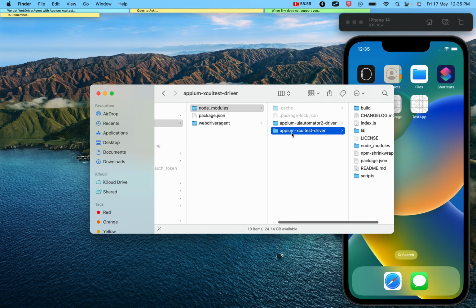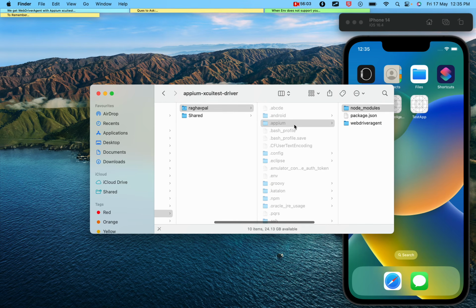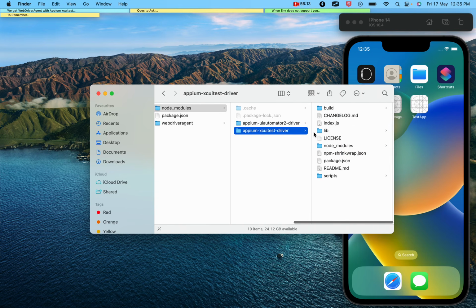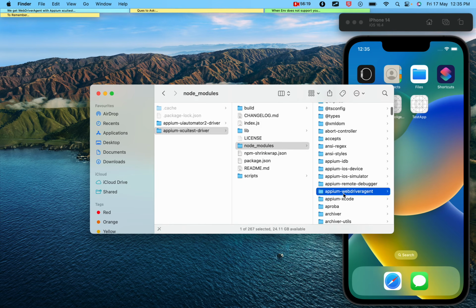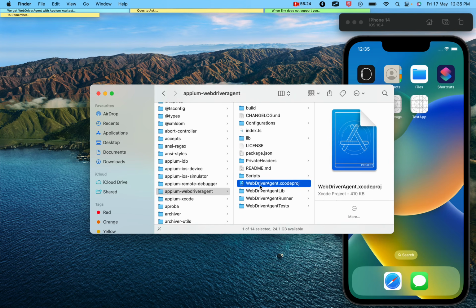And in this folder, you can see this is my users folder, then .appium, which is a hidden folder. If you do not see this, you can press Command Shift and dot key on your keyboard to see all the hidden folders and files. Then under this you will see node modules, then Appium XCUITEST driver, and inside this you will again see a node modules folder, and then inside this you will see an Appium WebDriverAgent folder, and inside this you will see this file